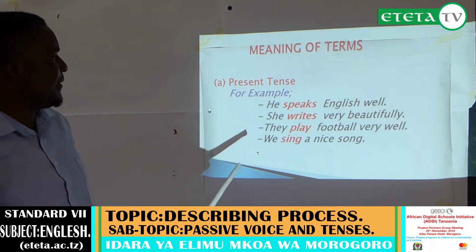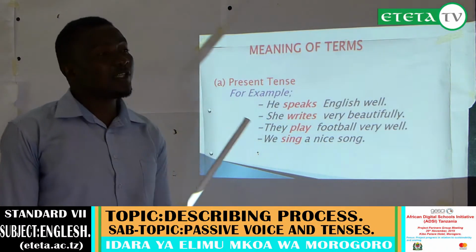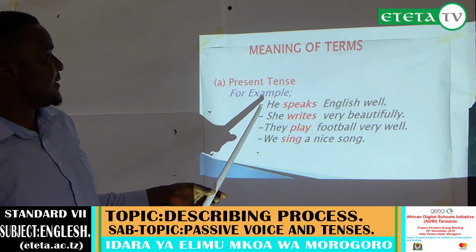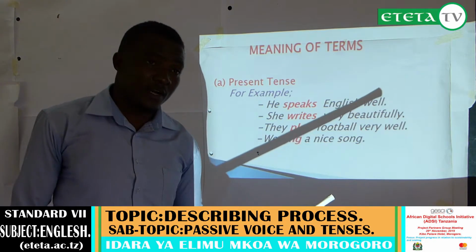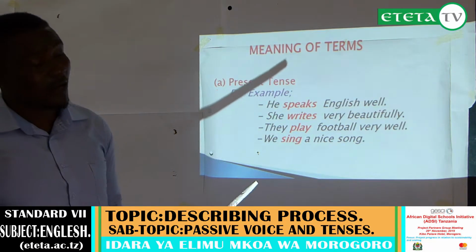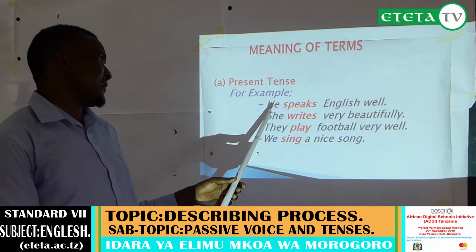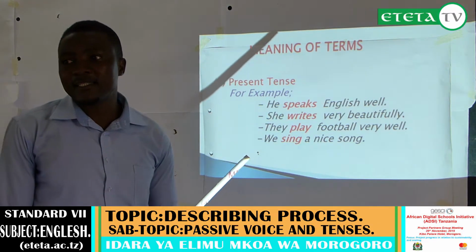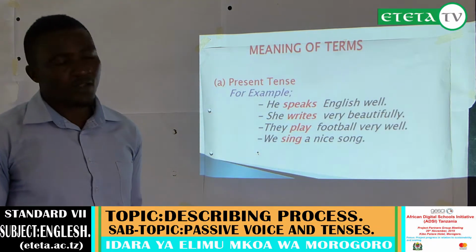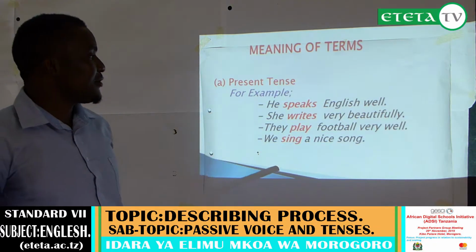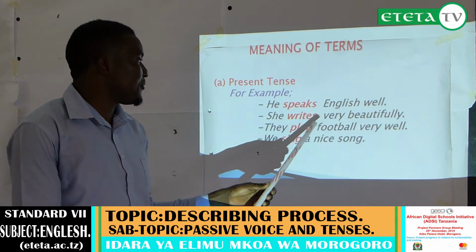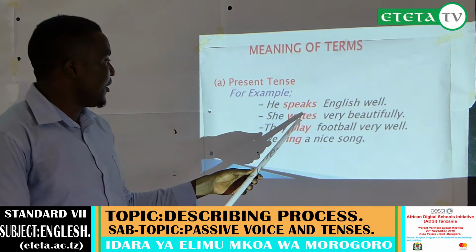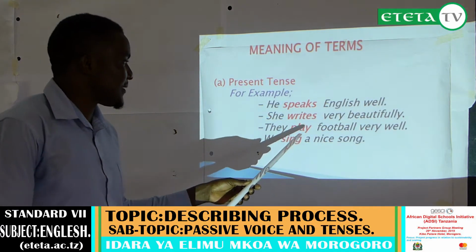But here we have some examples of sentences which are in present tense. We have the first sentence: He speaks English well. Look at the sentence. We have the verb form indicating that the action takes place in the present. Yes, and also we have sentence number 2: She writes very beautifully. As you can see, also we have the verb writes